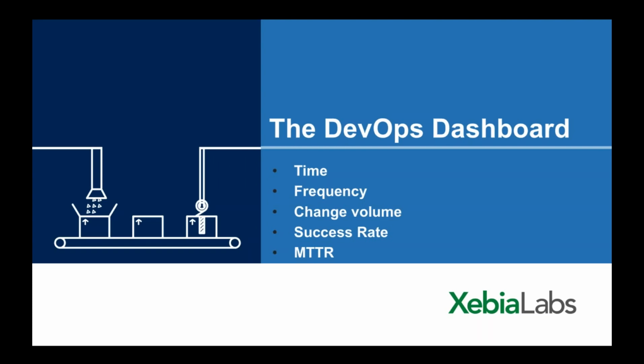Whereas you can absolutely get to the point of data fatigue if you have too many. So I'm going to suggest these 5, and we're going to drill into each of them. But talking about the time that's required to move software, the frequency with which you move your software through the process, the volume of changes, what's actually in the release, and then 2 other factors: what's your success rate, and in the cases when you do have problems, how quickly can you respond to and recover from those problems.